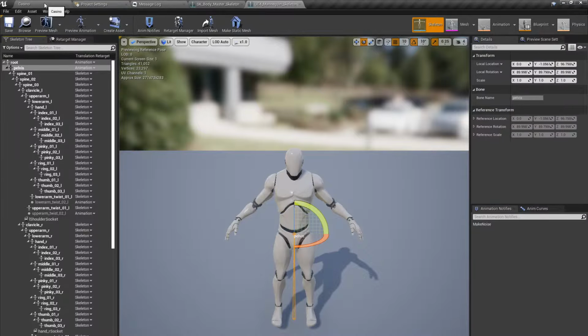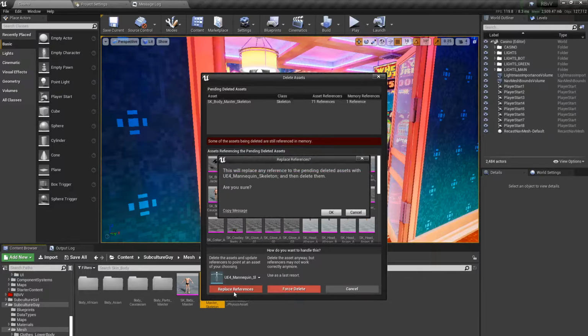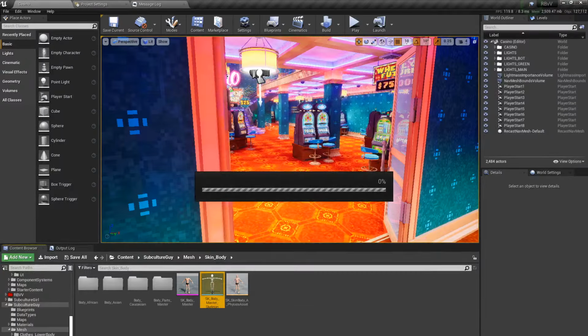Anyway, so let's go to this skeleton and just delete it, and let's look for my skeleton, which is this one. Yep, that's the one inside the MGS, so I'll pick that one and I say replace reference. It asks me to save and I say yes. Alright, now let's go back to our